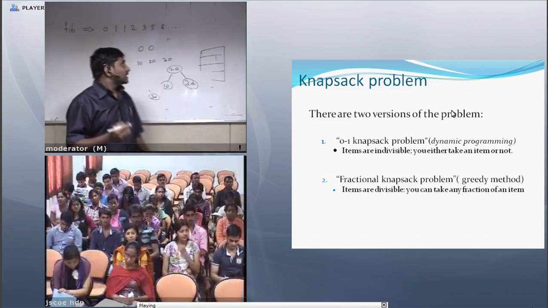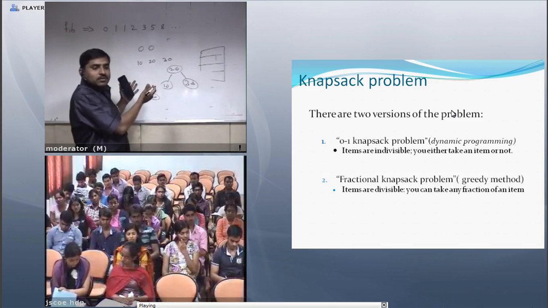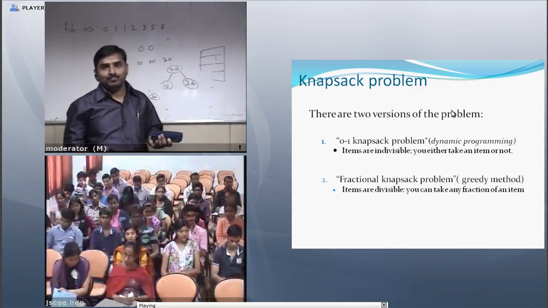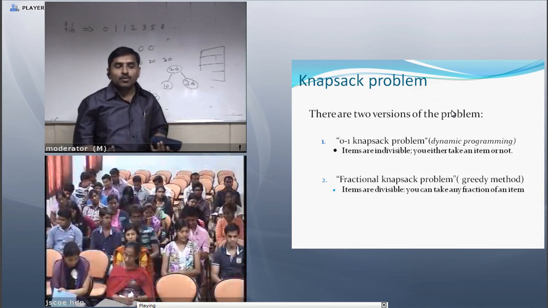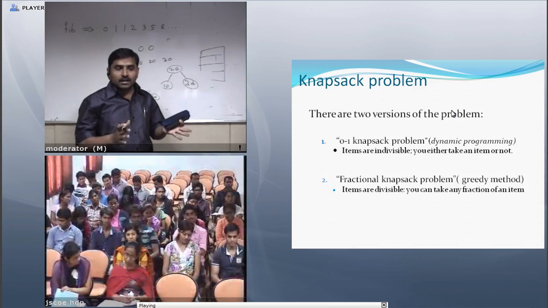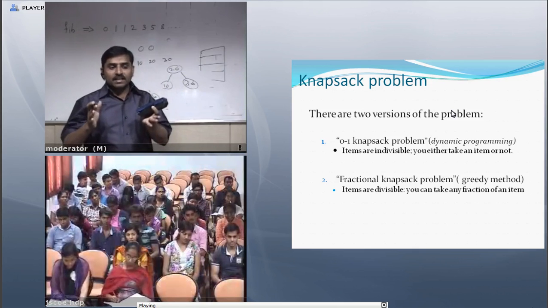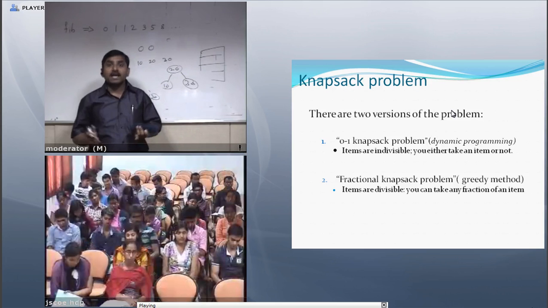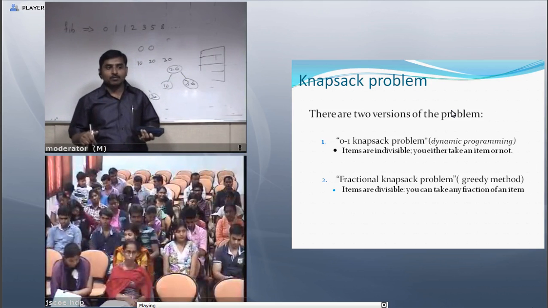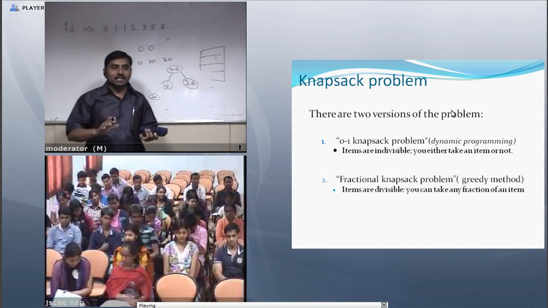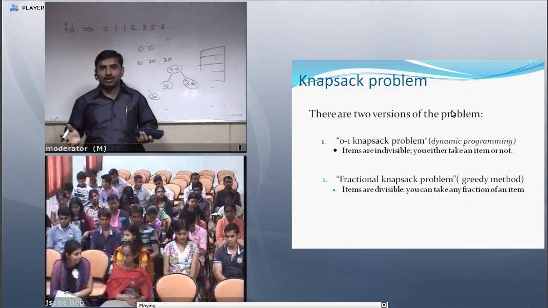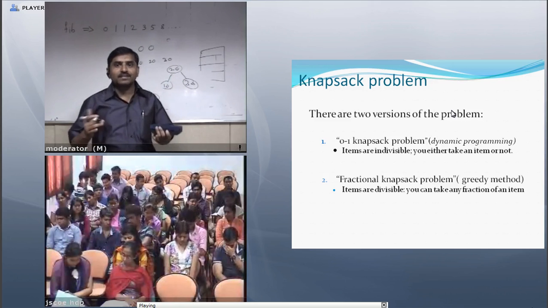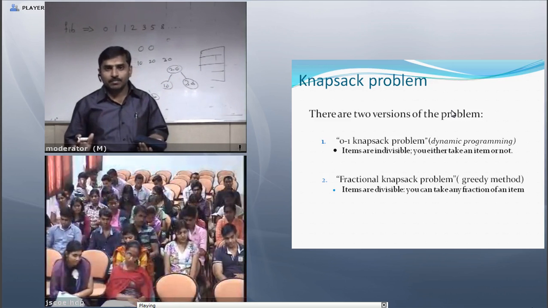But in the 0-1 knapsack, you either take an item or you do not. That is the 0-1 knapsack problem, which is included in dynamic programming. In short, in the 0-1 knapsack items are indivisible, and in the fractional knapsack items are divisible.